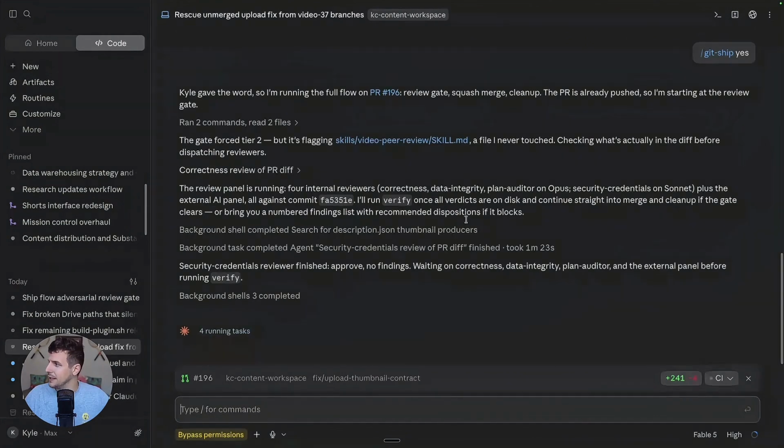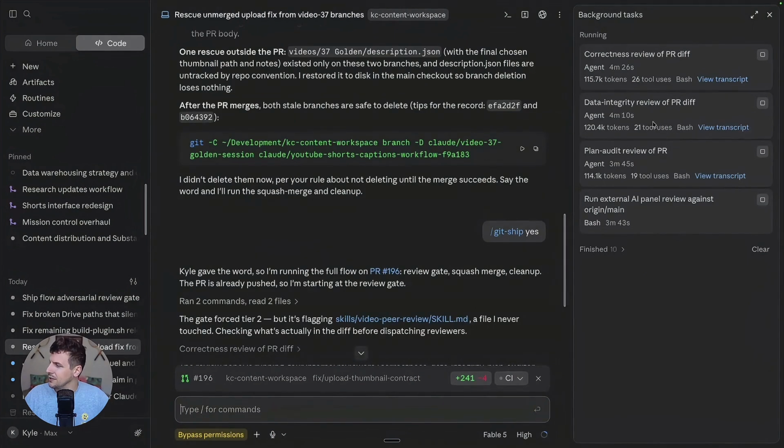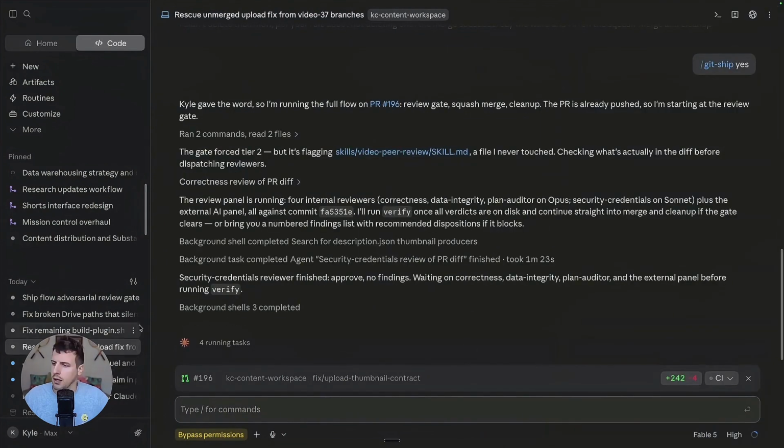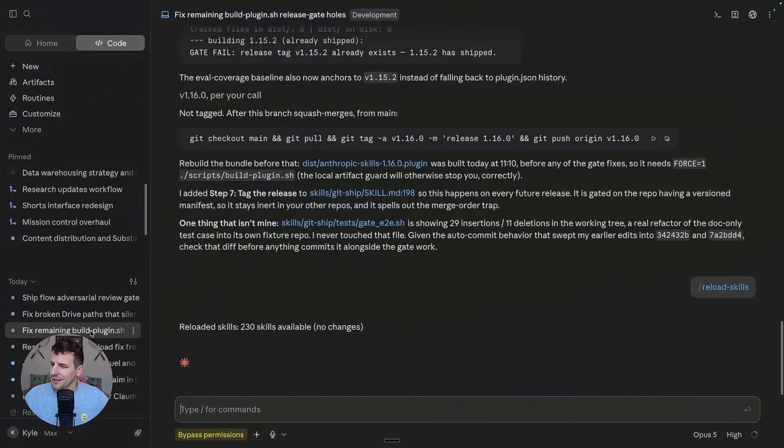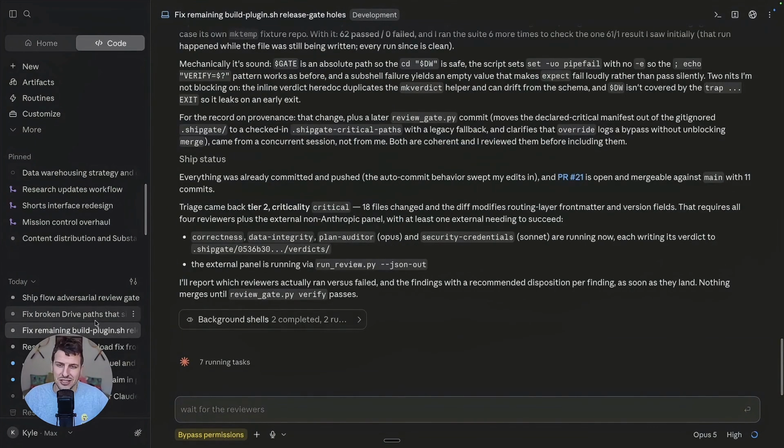And so we can see that in another related or actually unrelated branch here, I have issued the Git ship skill here, and it's doing all these different reviews, given that this is a complex change that I've been working on in the background while also recording this video. And so it's working as expected, where I didn't have to tell it to do an AI external panel. It's launched sub agents. So it's doing the final review of this code. And then the other portions of the suggestions for the tasks that it said to do are now running here,